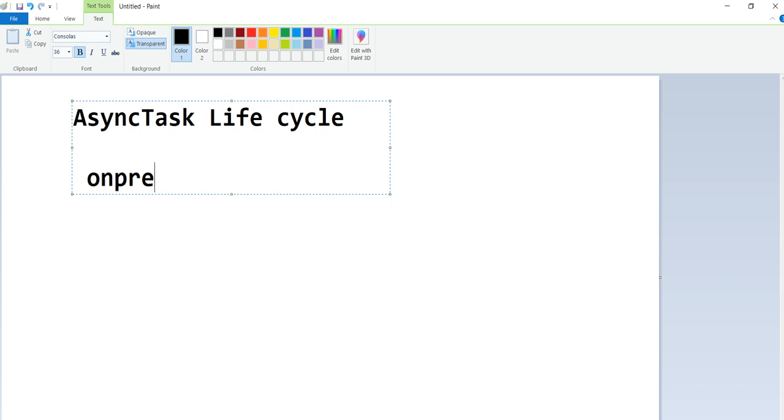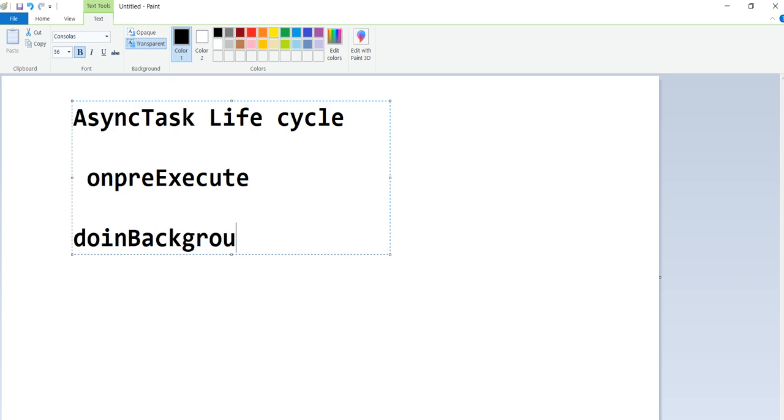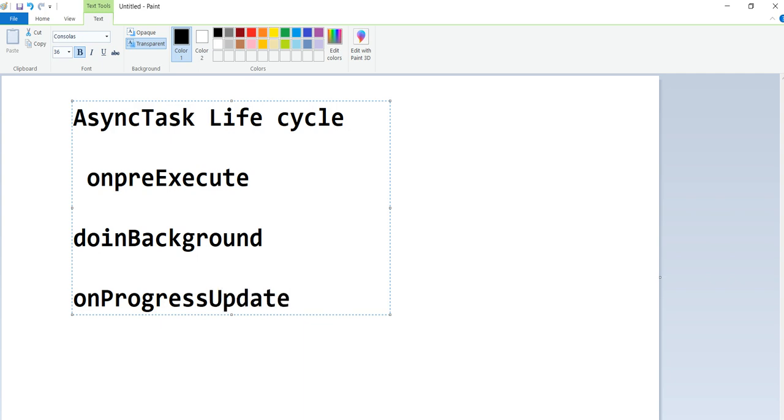That is onPreExecute, next is doInBackground, after that onProgressUpdate, and last onPostExecute. These methods are all very important here.